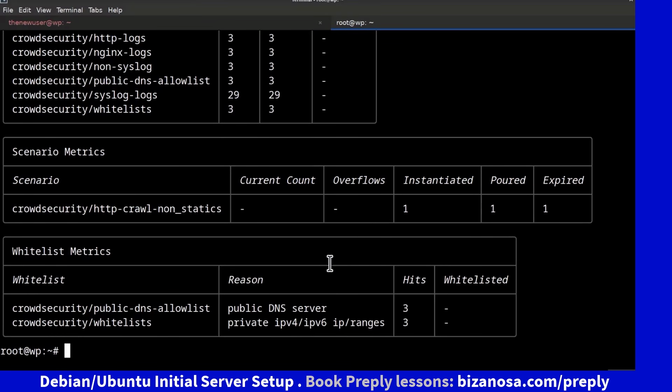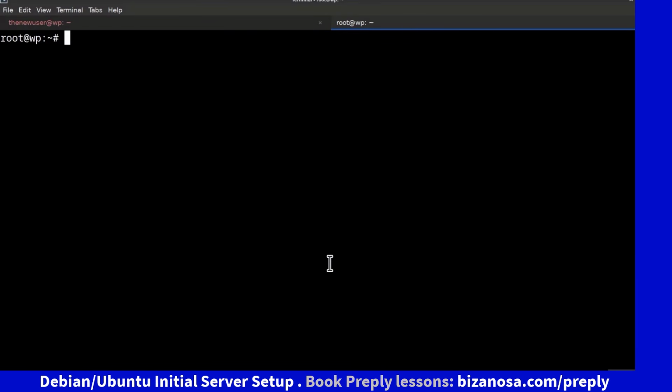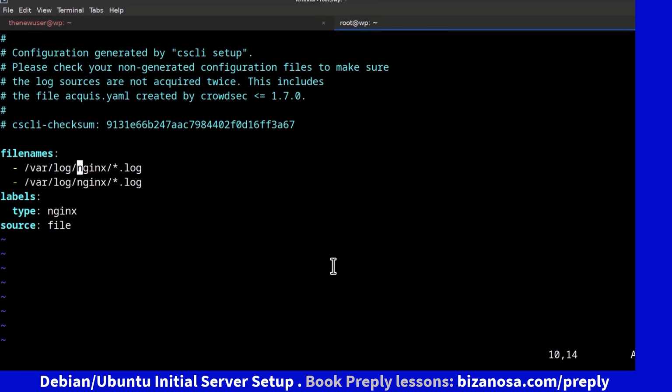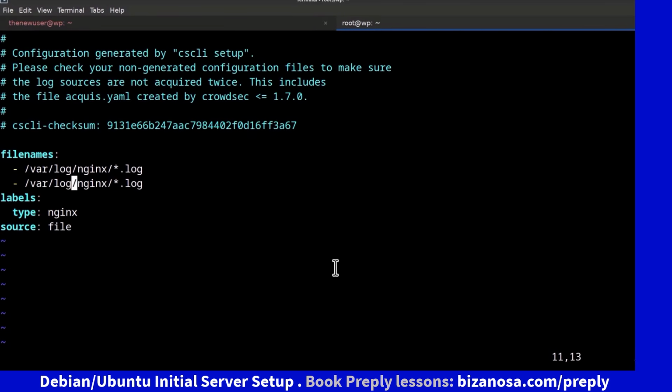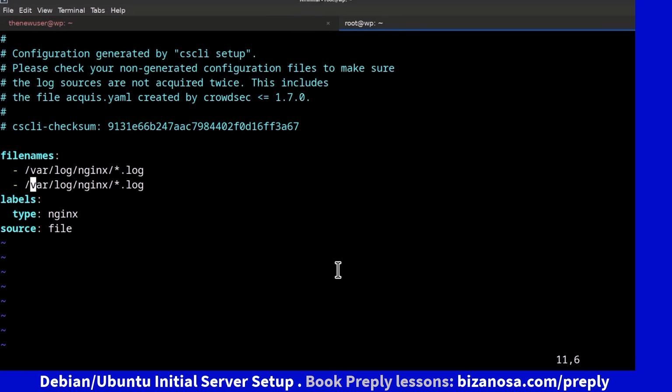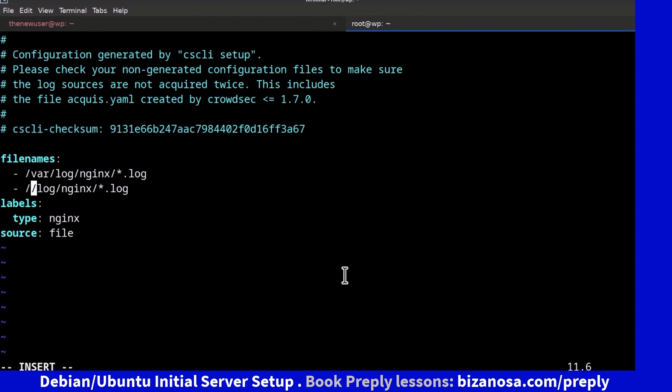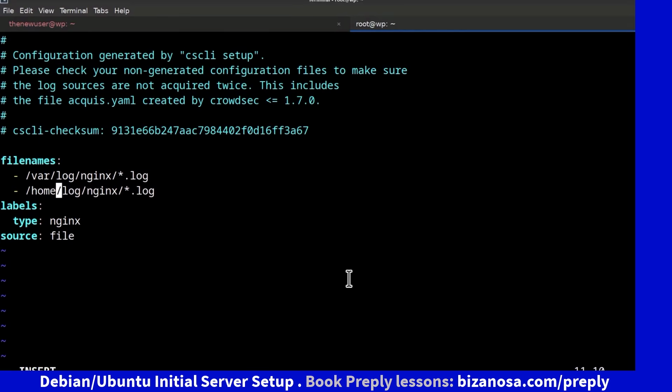So let's go back to how to show it where the logs are, especially if you use systems like CyberPanel. The logs are just in a very weird place, so you might need to tell your system where the logs are. So let's do fg to go back to this item that we put in the background. So if there is any log file somewhere, maybe it's in home, press i to go into insert mode, home, logs,